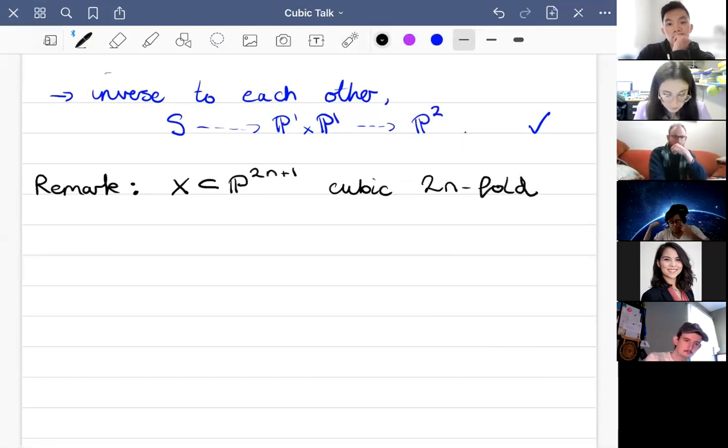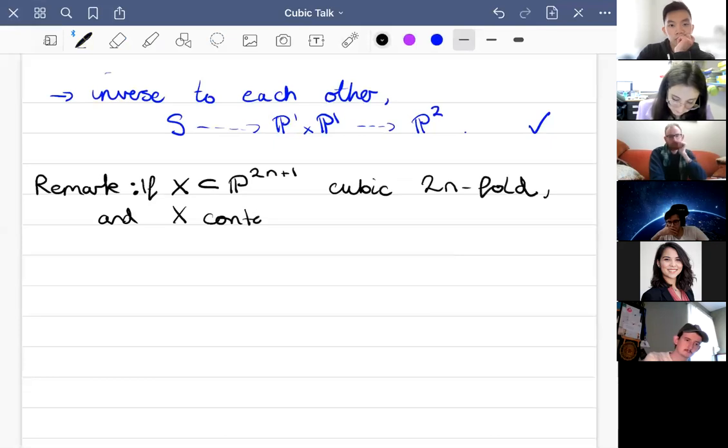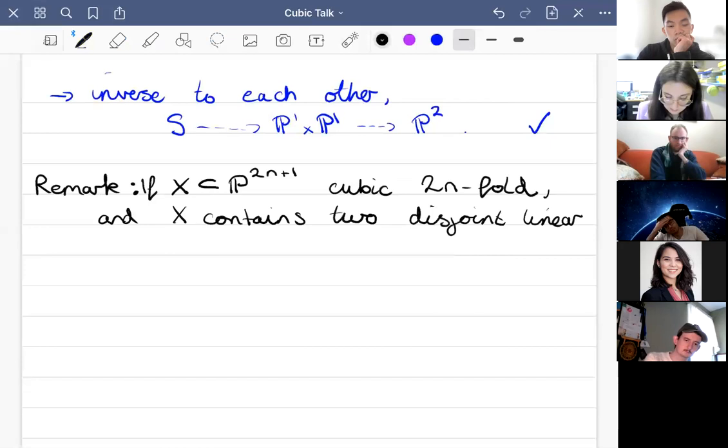So it's a cubic 2n-fold. If X contains two disjoint linear spaces, two subspaces that are isomorphic to Pn, so half dimensional,